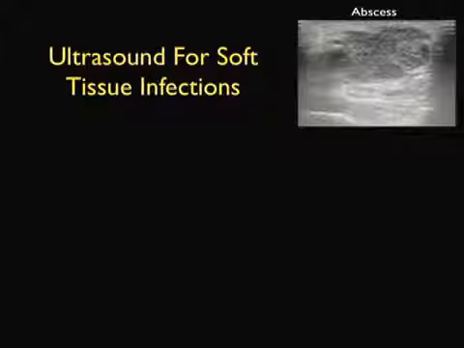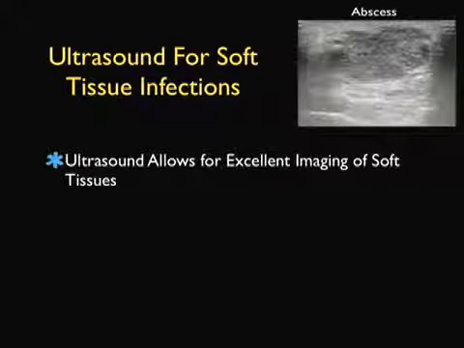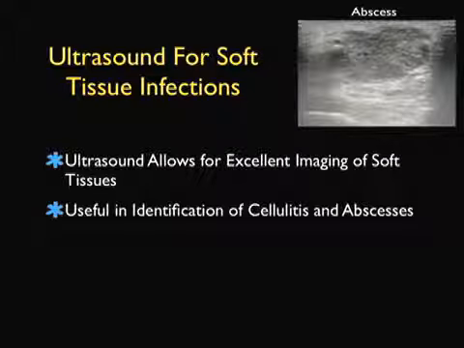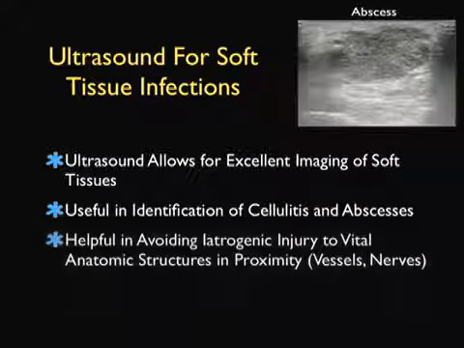In this Soundbites module, we'll look at ultrasound for the diagnosis of soft tissue infections. Ultrasound allows for excellent imaging of the soft tissues and can be very useful in identification of soft tissue infections such as cellulitis versus abscess. In fact, ultrasound can be very helpful in identification of an abscess and determining if an I&D procedure is necessary